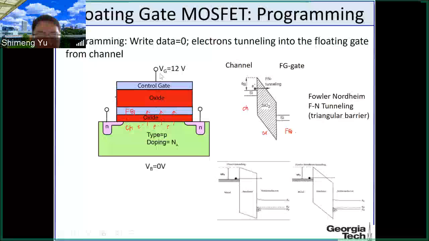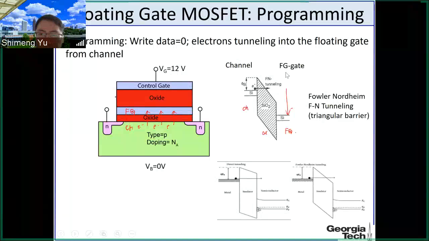And we know that we will apply a large voltage on the top. That means we are going to lower the potential of this floating gate by this large voltage. So if you draw the band diagram, the floating gate, as we discussed earlier, is typically still doped polycrystalline silicon. So it's still silicon. You have two sides of silicon separated by the oxide, silicon dioxide in this case. Because this band is so bent by this very large voltage, the electrons in the substrate will see a very